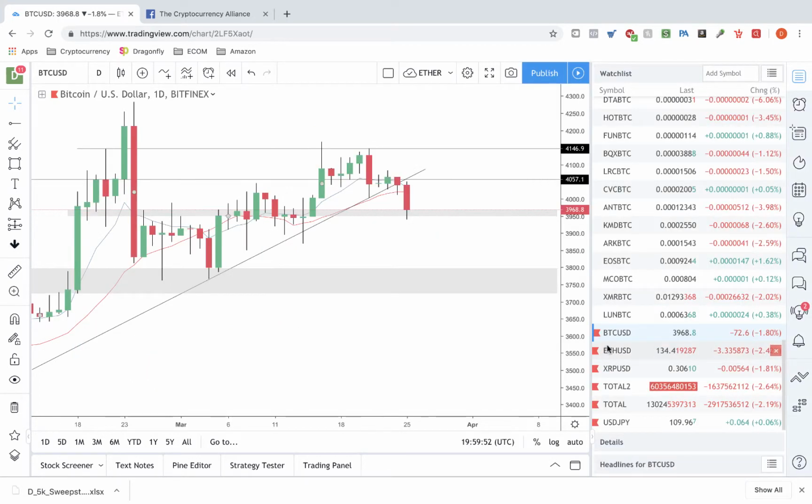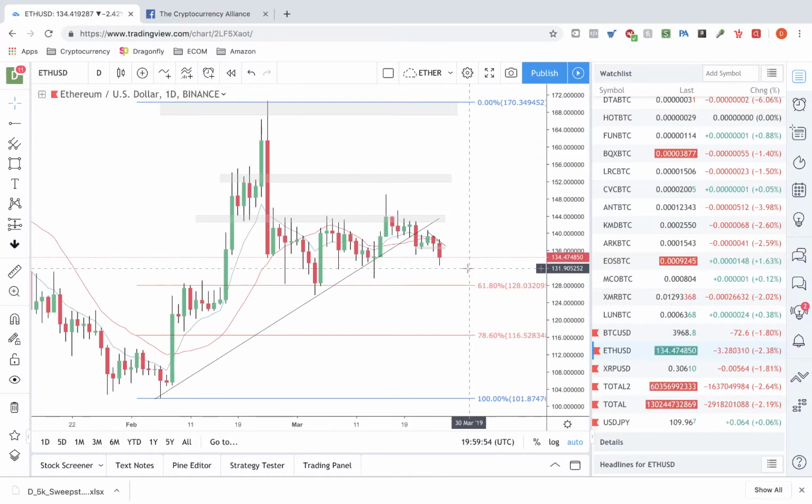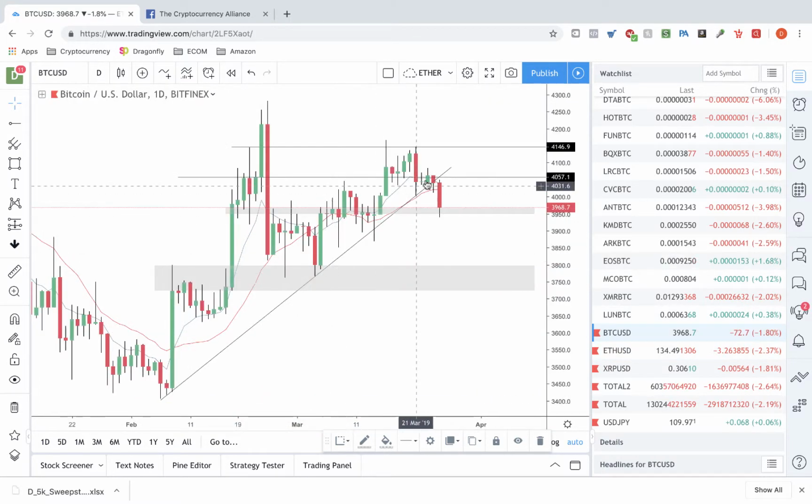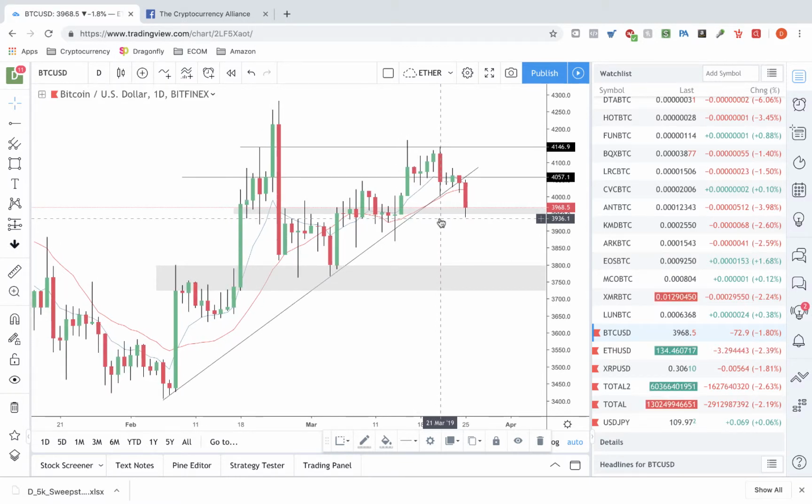Correlations with Ethereum are, as always, looking fairly the same. We've had a break in the trend line from this area here. It could not sustain this zone, just like on Bitcoin. So I think we could retest the 61.8 area first. We still haven't broken any structure, guys, even though we have retested. Even if we retest all the way down here, as long as we don't break this area, we still haven't really broken structure. We just broke this trend line temporarily. So we'll see what continually happens, and we'll keep our eye on Bitcoin and any other